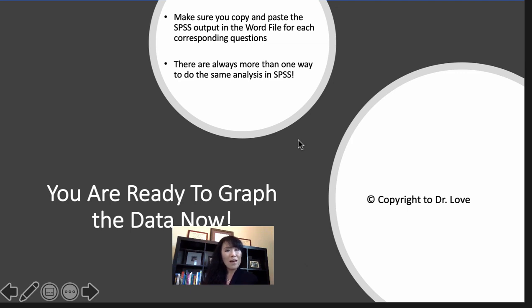So to summarize, what we're going to do is run the basic descriptive statistics to see what your data is telling you. How do you describe the data? And this is another great way to visually and also